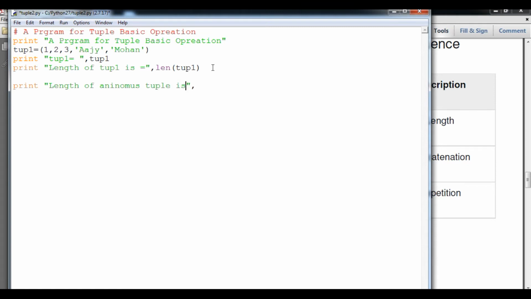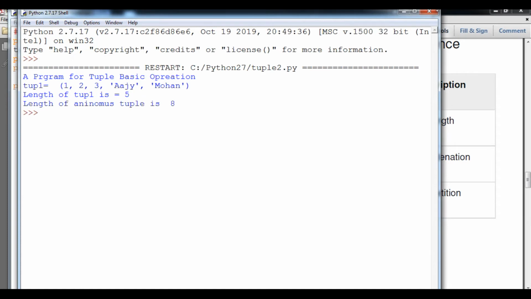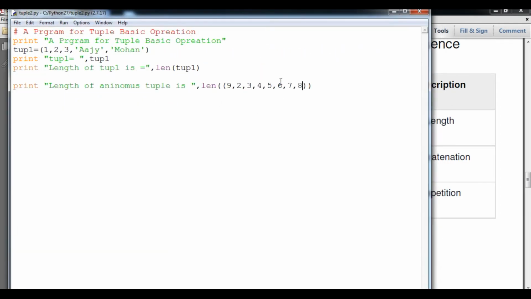So here I am going to give it this way: len, and within that I will pass another round bracket with the elements, comma 3 comma 4 comma, these are my particular tuple. So let's see what the output will be. You can see 8, the length of the particular tuple. Okay, so you can see 1, 2, 3, 4, 5, 6, 7, 8. So how many elements are there? 8 elements. So 8 will be the length of that particular tuple.